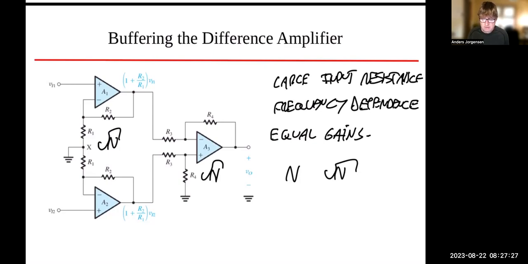But what is a big deal is that usually something like an instrumentation amplifier or a difference amplifier is often intended to measure a small difference in voltages, for example, a current sensing resistor on top of a large DC bias. And the problem with this amplifier setup is that if we do it like this, we're going to amplify in each of the two first stages the bias as well as the small signal that we're interested in. So if I have a gain of 10 on the first stage, for example, for an overall gain of 100,